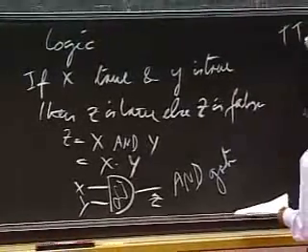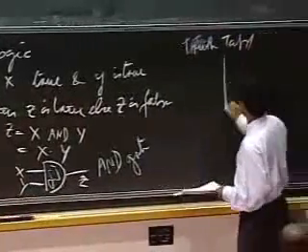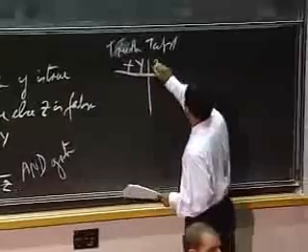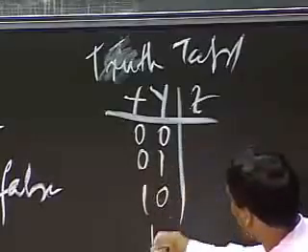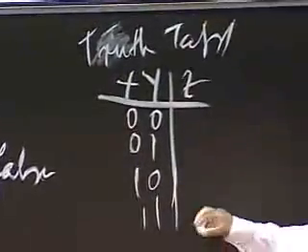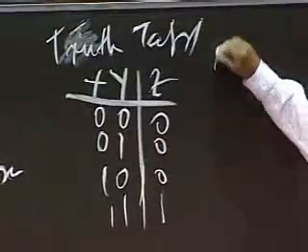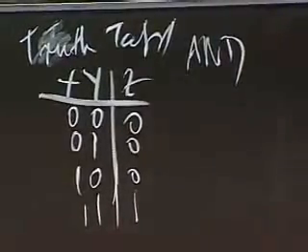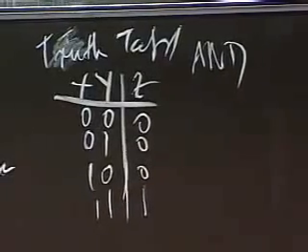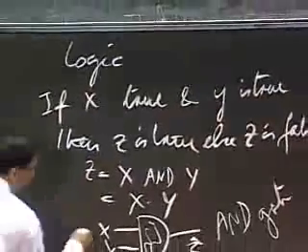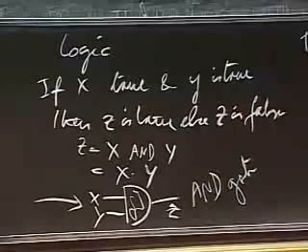I can also represent logic in truth tables. Truth tables simply enumerate all the values and the corresponding outputs. So inputs can be 0, 0, 0, 1, 1, 0, or 1, 1. For an AND system, output is 1 only if both are 1s. It's a 0 otherwise. So that's the truth table for an AND gate. Okay? So from zeros and ones, we deal with logic, and we create devices like the AND gate to process digital signals.